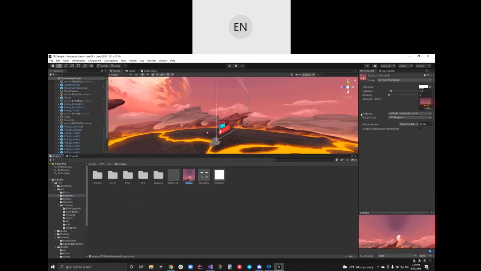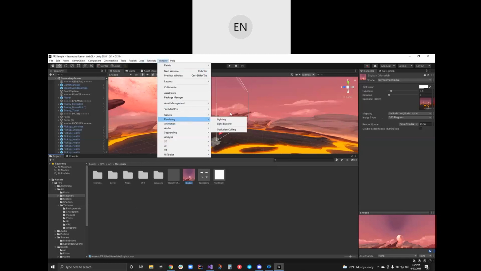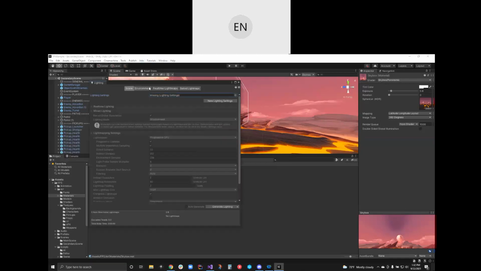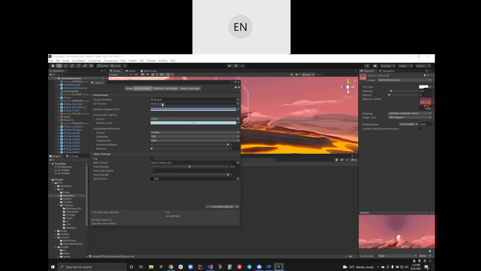And that's the skybox. And then this contributes to, when you have a skybox under window, rendering, and lighting, and under environment, the lighting color that gets applied to your models. So we have the real-time shadow color, this dark blue, an ambient color, this sky light blue.